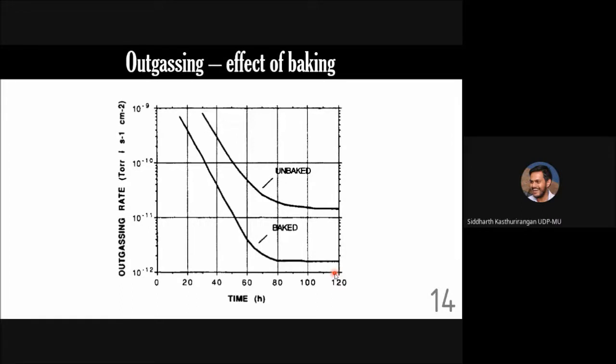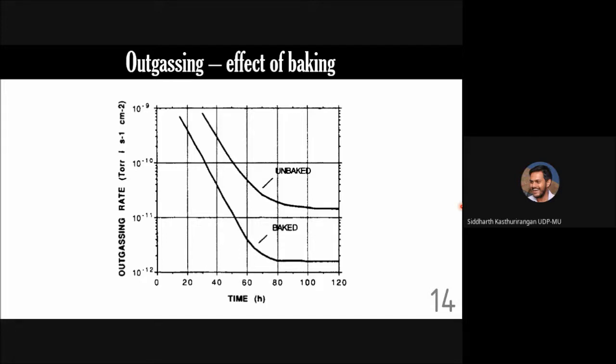Another important aspect of vacuum technology, this is practical use of vacuum technology for accelerators, is that often if you go to an accelerator facility, you will find that the whole accelerator beamline is wrapped in some aluminum type of material or something, and when you go nearby it will be a bit hot. This is a process which is called baking of the vacuum system. Basically, you heat the vacuum system so that any gas which is adsorbed on the inner surface of the walls will start coming out.